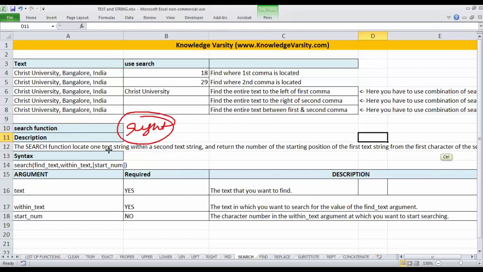Note that in the right function also you have to specify the number of characters. But how do you know the number of characters here? How many characters is this?